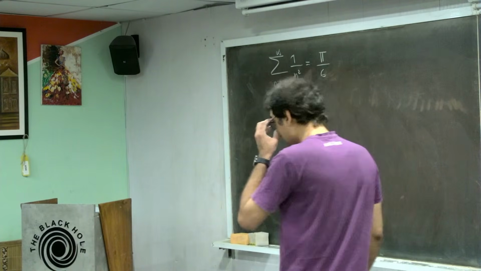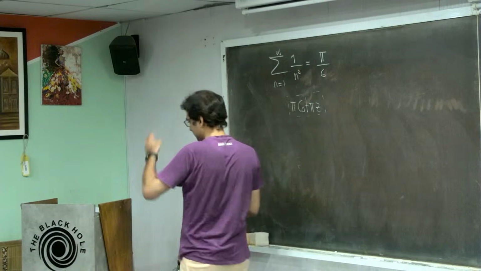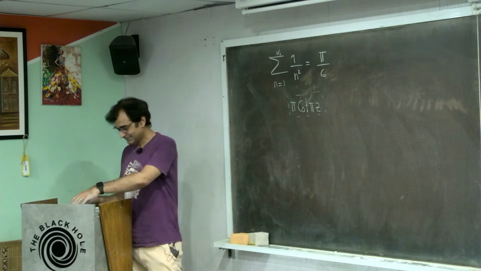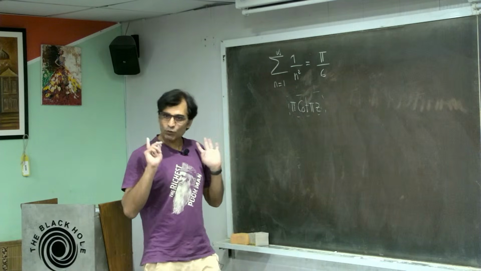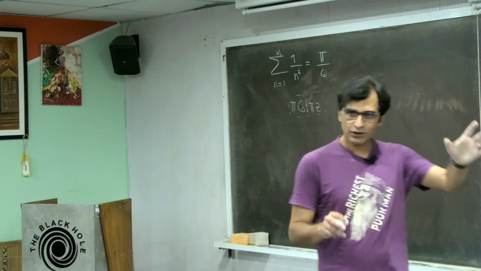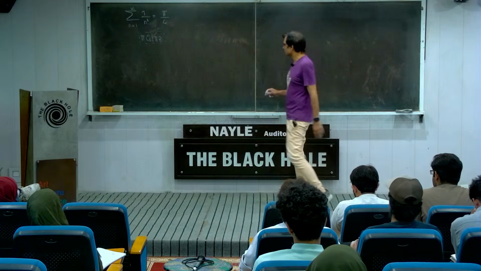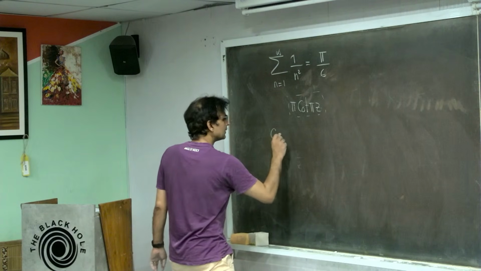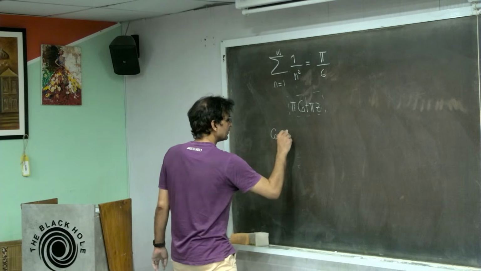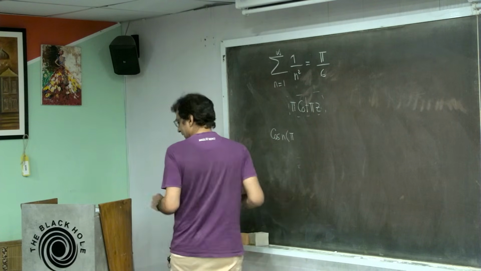How to do it? Suppose that is some integer, then how can you do it? Let me do only this thing today, and then tomorrow and on Sunday I'll do that one. So let me do one thing. Cosine n pi,